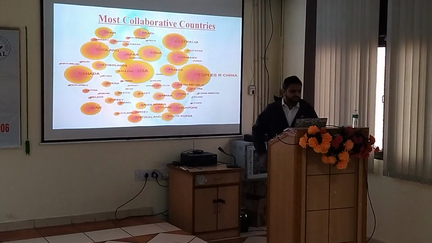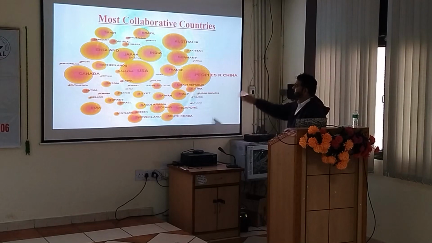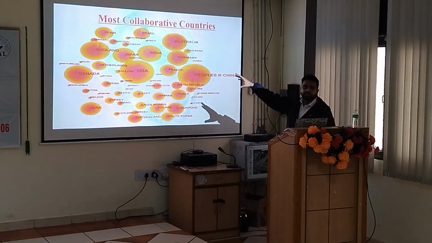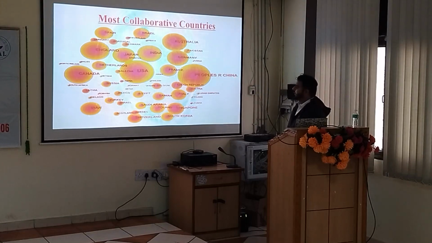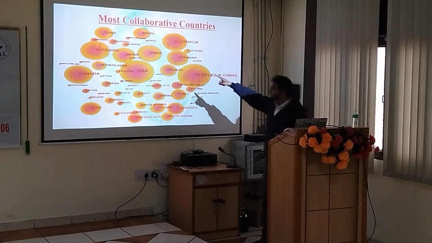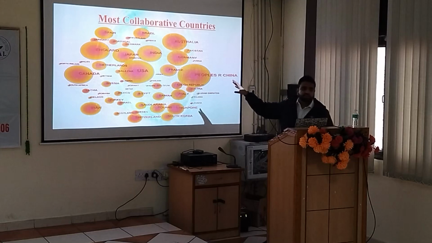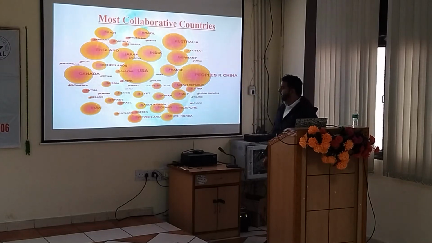Okay, what are the countries that are collaborating, that are contributing to the quantum research? You are very much familiar with this: the size of the circle denotes how much work is being done. I think it's obvious. You see China is there, USA, Canada, England, Australia. India is there. So research is being done. Again, the data source is Scopus. So they have developed this graph: which country is producing how much research, as per the publications in the quantum domain.